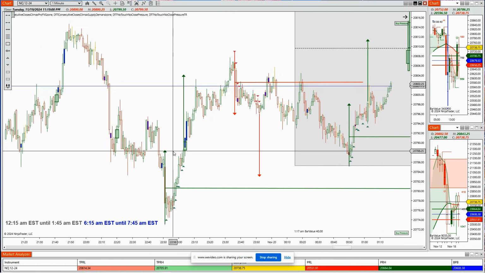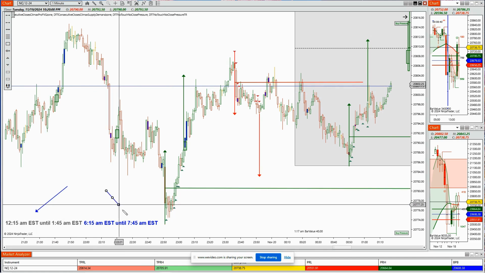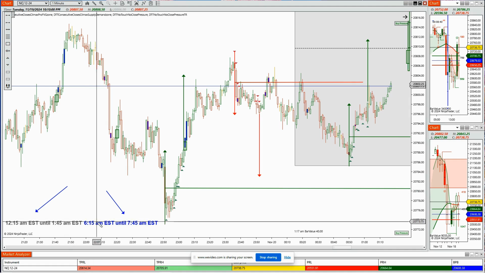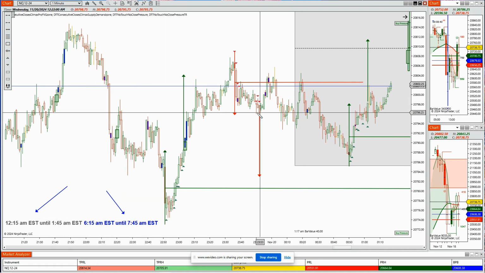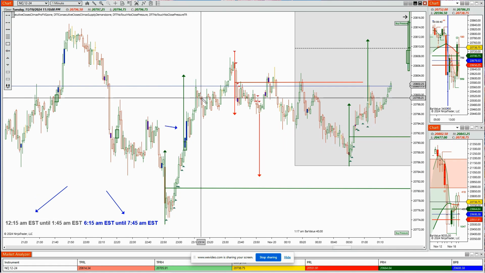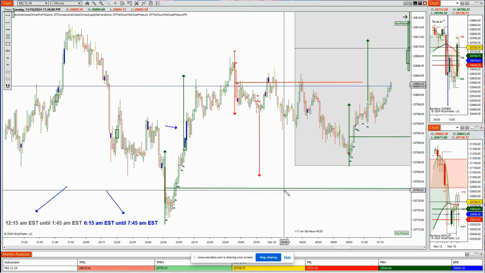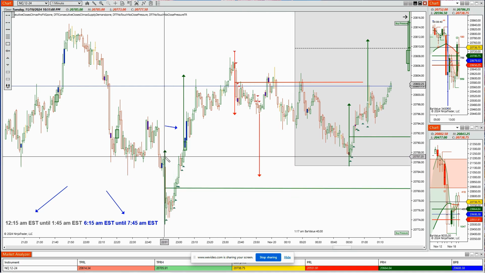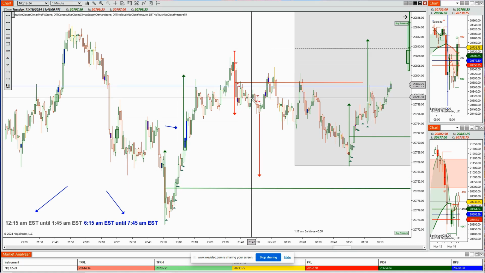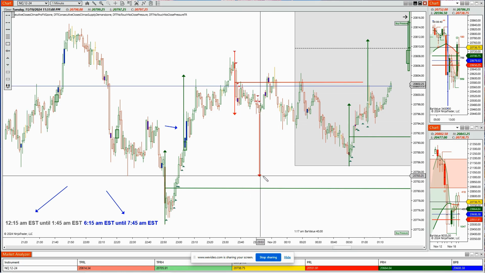Now, here are the ranges. I tried to put that up there for you too. Those are the ranges you're about to see: the 12:15 to 1:45, and then the 6:15 to 7:45. This is a trend. You can see the blue bars here consecutively. They pushed on and gave you your trend distance. Of course, here's the center of your trend. You're trying to get 7 bars closing higher than the prior green bar, or 7 bars closing lower than the prior red bar. Project that distance, and then go for that.